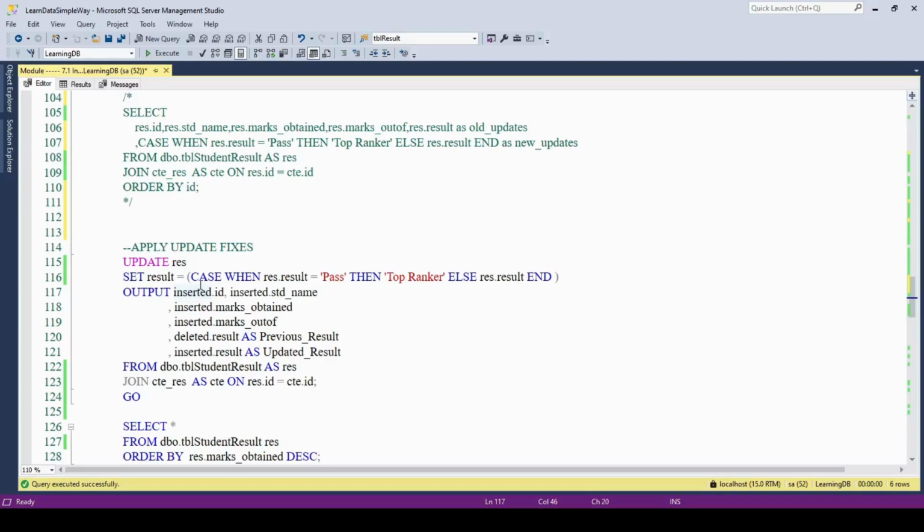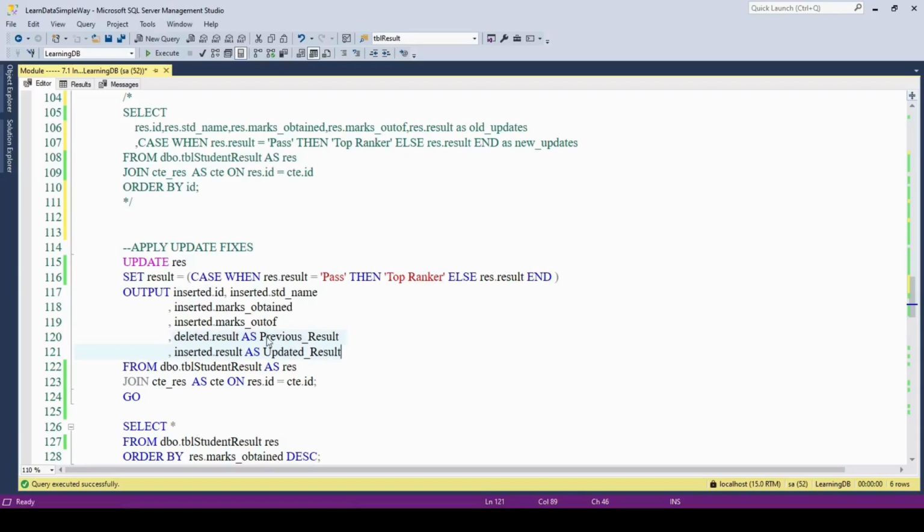So the updated values will be retrieved, meaning the result of this case statement will be inserted into this inserted column. For the resulting column it will have the result values, but for the rest of the columns it will just insert the as-is values, meaning whatever the value for a row was, the same values will be inserted into that table. Only these two columns will be changed,